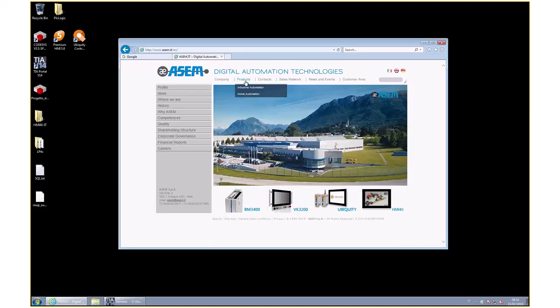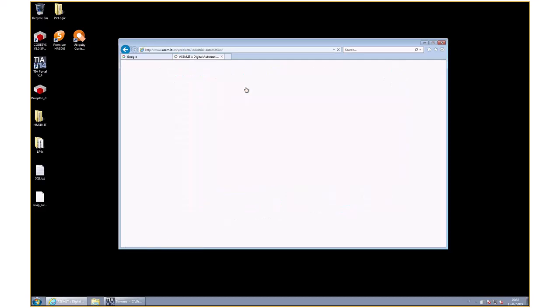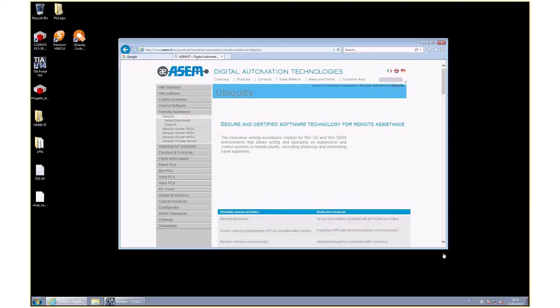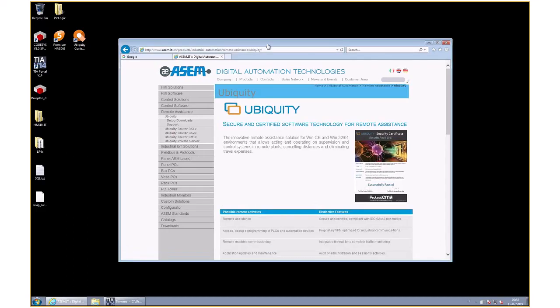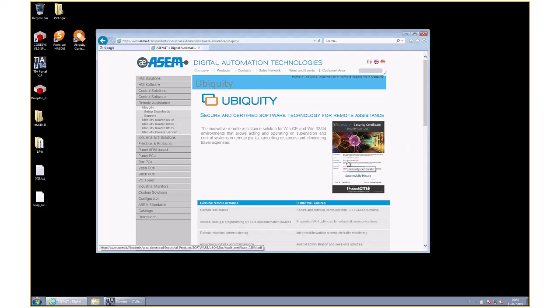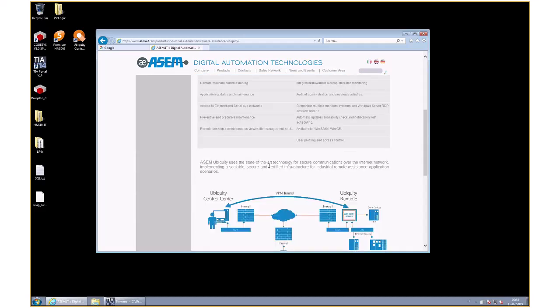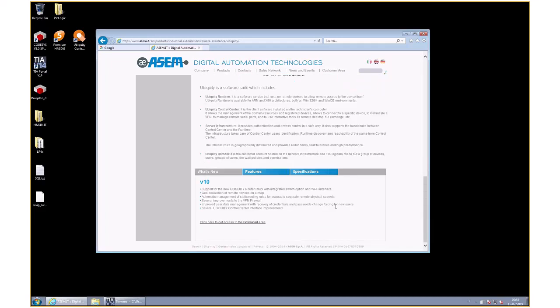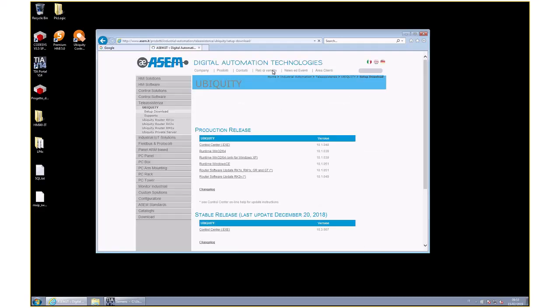If you are new to Ubiquity, you just have to go to Products, Industrial Automation, Remote Assistance, and then here, by the way, you see the certificate. We are getting now the certificate for version 10. In a couple of days it will be online. Here you see the picture, some features, what's new, and then click on the download area